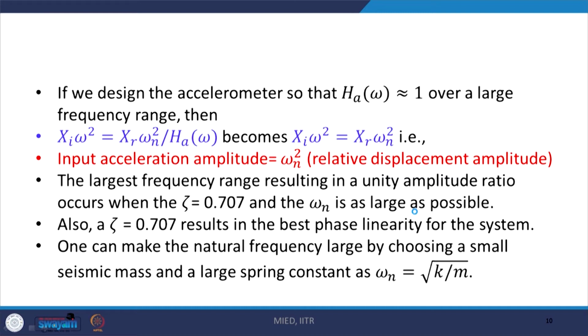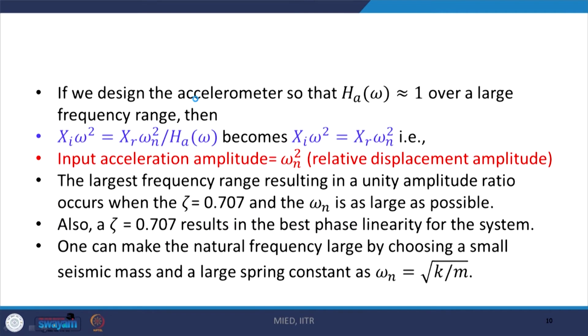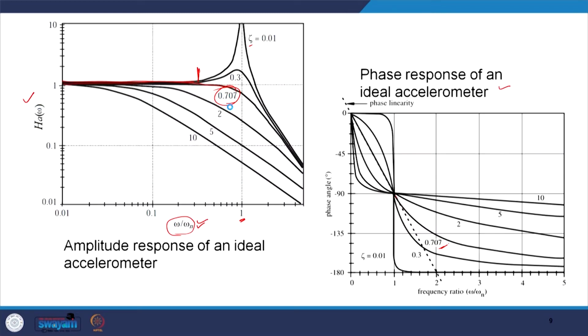What I was talking about here is this range, where we have h a omega as 1 at zeta equal to 0.707. So, if we design the accelerometer so that this h a omega is almost equal to 1 over a large frequency range, then I can write from this equation,